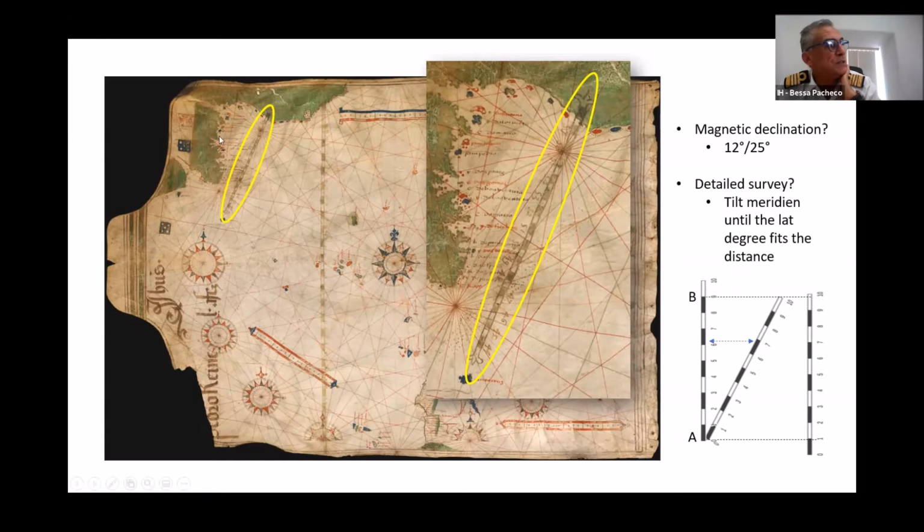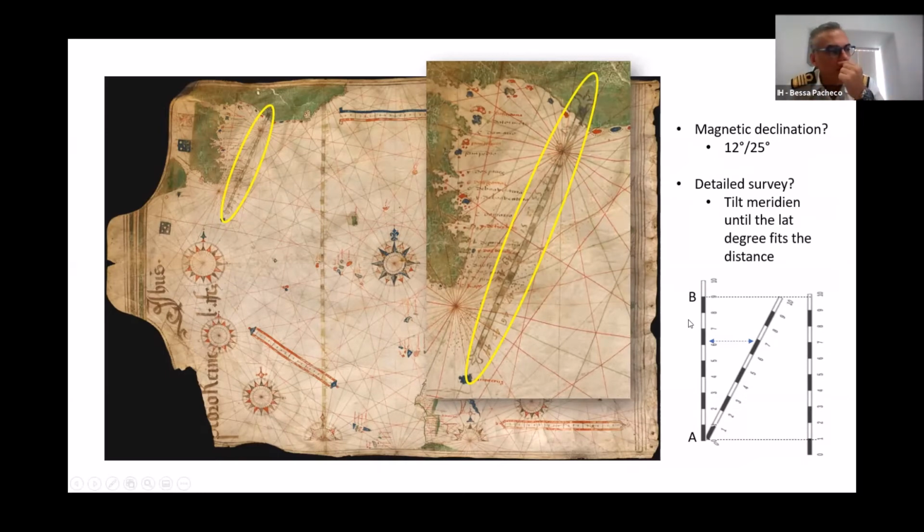And if you go to a position B, because this is almost vertical, if you put it again on point B, and you see that the difference in latitude between point A and point B is 10 degrees, but the vertical scale gives you 9, not 10, the only way to make it 10 is by tilting this scale up to a point where you have your 10 degrees on the right latitude that you measure for point B. This is how I believe they were doing